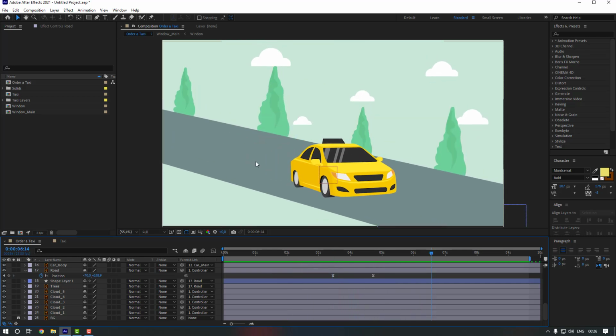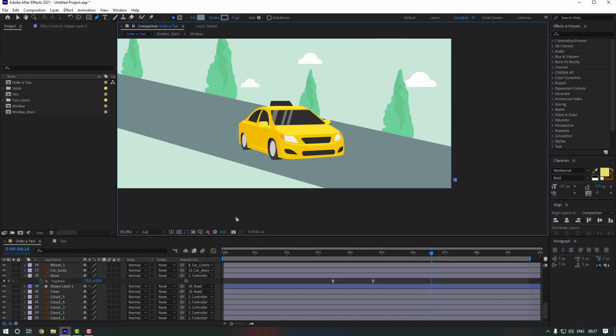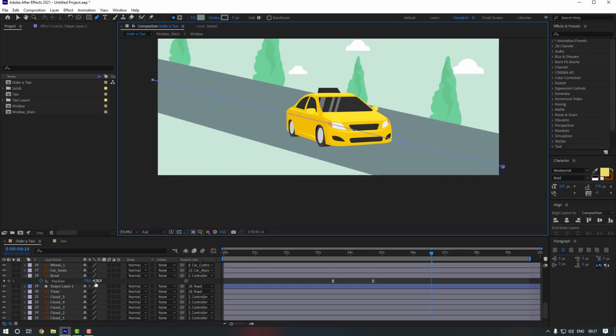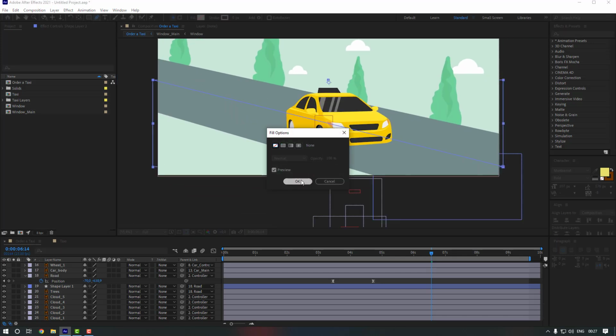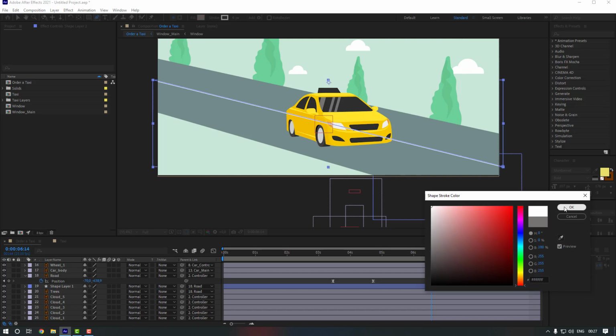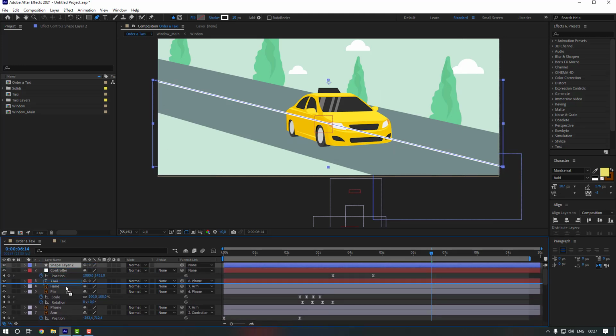Nice. And lastly, let's add a road line to our road. For that, I'm gonna use the pen tool again. Let's select the pen tool and go to here. Let's make one line to here and another one to there. And let's disable the fill and change the stroke width to 6 and change the color to white. Click OK. Let's make it 10 actually, so it can be visible. Let's go to the up and select the shape layer tool. Let's move it down